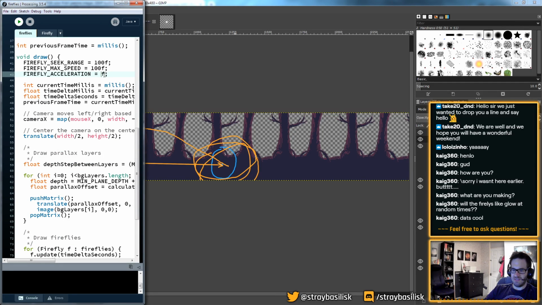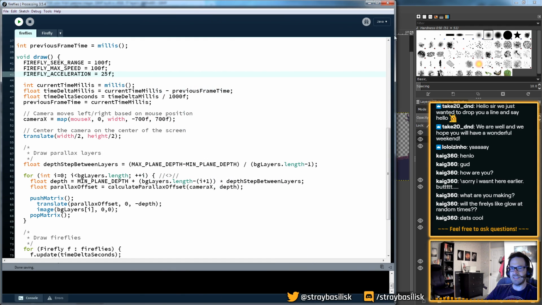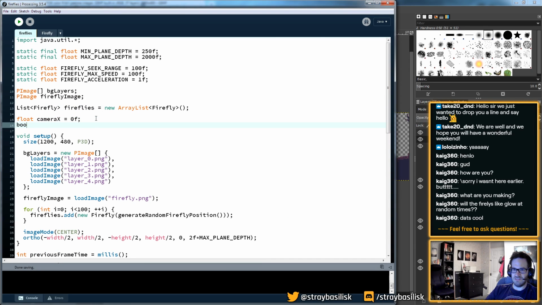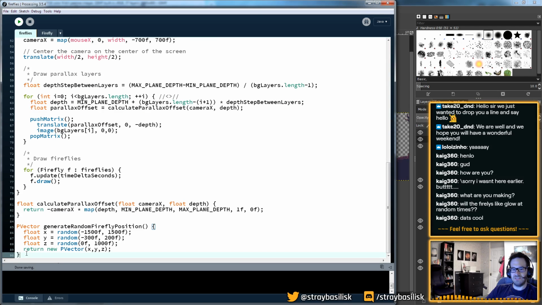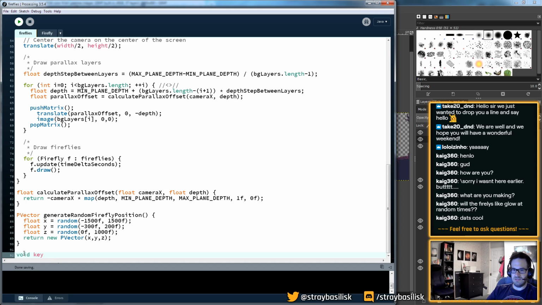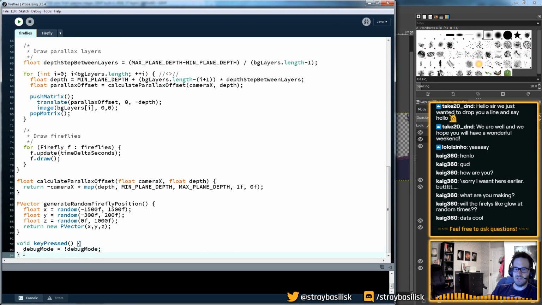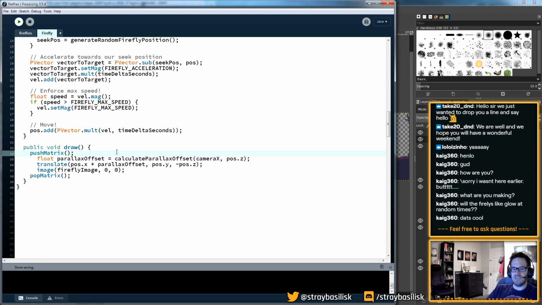Oh, I should maybe have kept that. It's a pretty neat feature, right? This whole tweak mode thing. Let's have an option, which I always end up doing, which is a debug mode. Give ourselves a little toggle whenever any key is pressed. And then what I think I want to do is